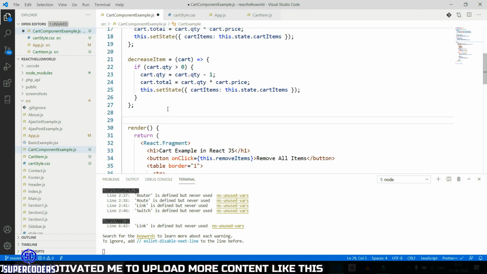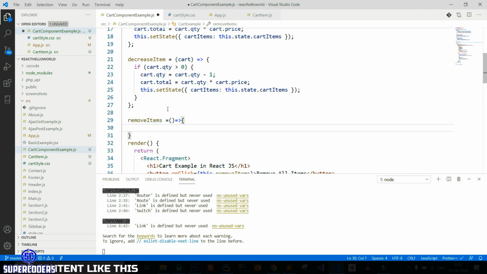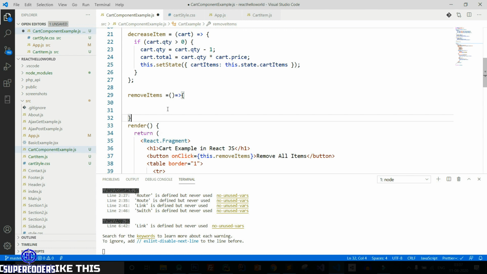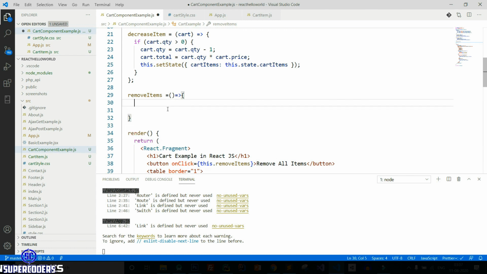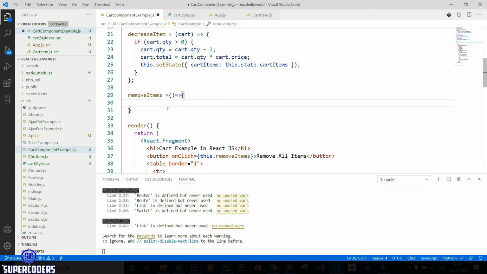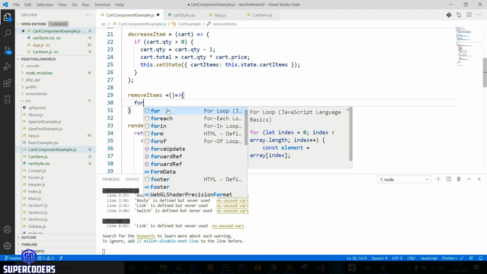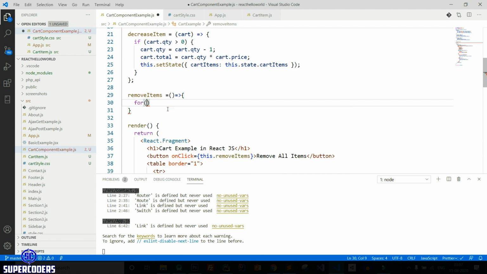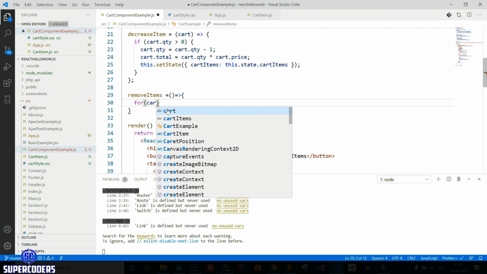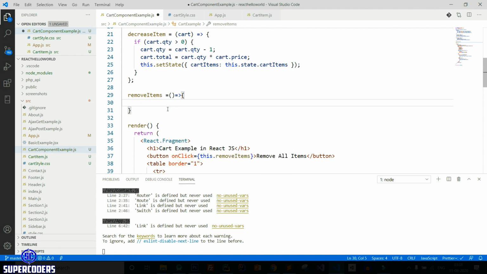So remove items equal to arrow function, then for cart or directly calling.